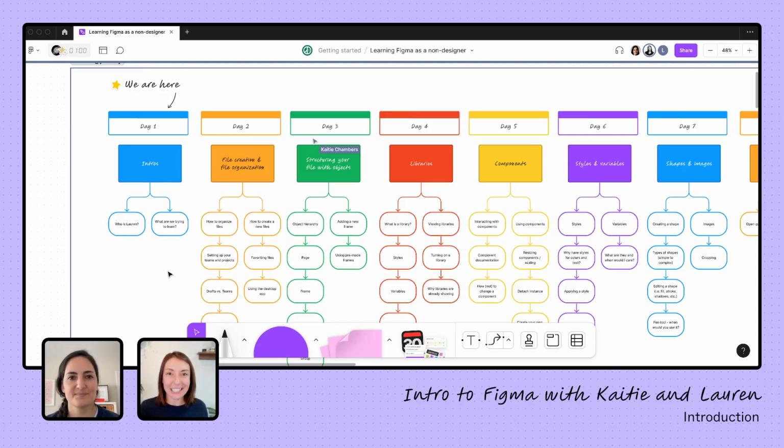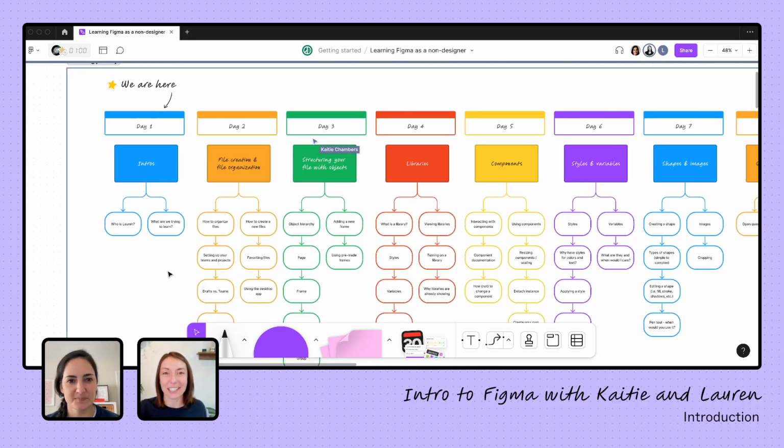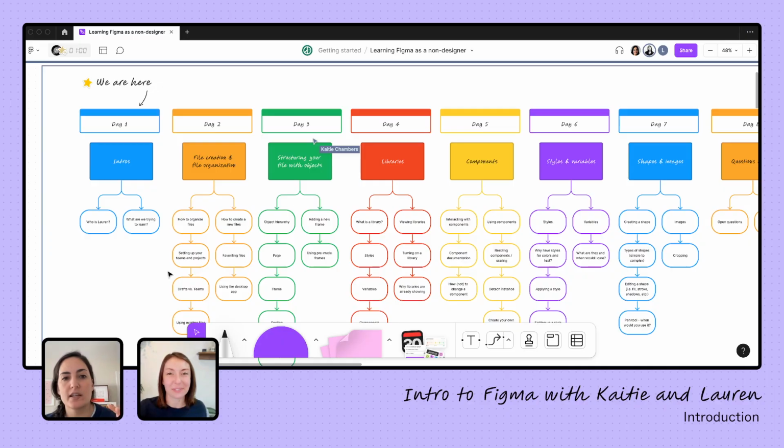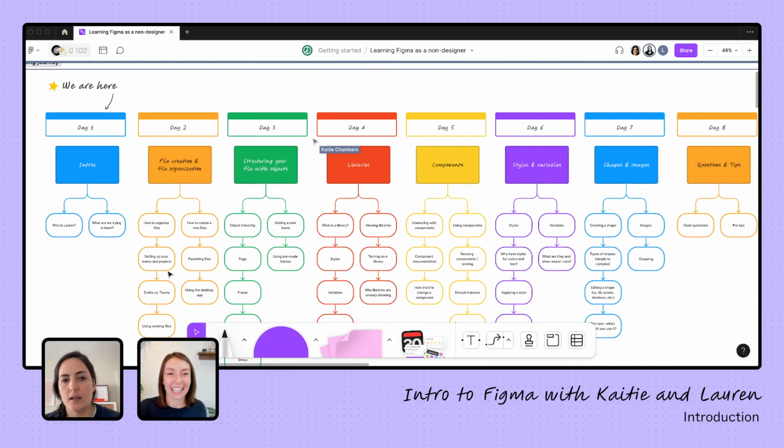And then we'll dig into some of those concepts that I hear all the time and I pretend to know what they mean. And I kind of have some idea, but Lauren, what are some of those concepts that we're going to learn about that are so important to your experience in Figma? Yeah, so starting with just structuring your file, talking about pages and frames and sections and groups and rectangles, all about the hierarchy there, when to use what, how to use which ones, how to create those,